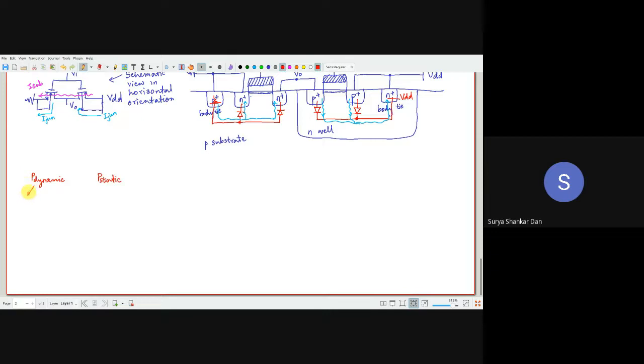The first dynamic power which we saw was the switching power. That was already covered in the class. Very simple. That is the power needed to switch the output node capacitor, the output load, on and off. What else comes under dynamic power? That is the short circuit power. That we did, I think, in the lecture previous to the last lecture.